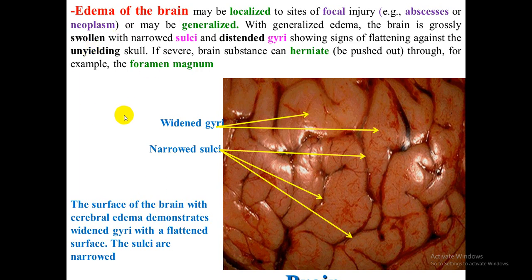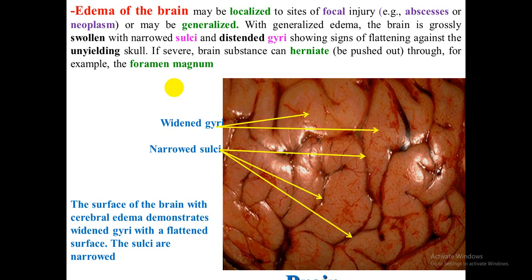Edema of the brain, which may also be localized or تكون focally restricted بحالة الأبسس أو النيوبلازم, affecting a certain area of the brain, or sometimes يكون generalized. With generalized edema يعني all of the brain will be affected. The brain is grossly swollen, with swelling and distended gyri and narrowing of sulci due to excessive accumulation of fluid in cerebral tissue,